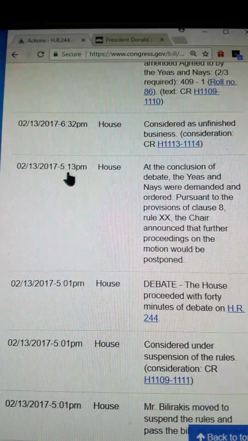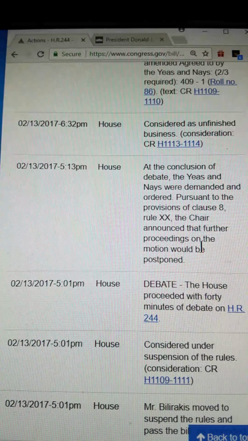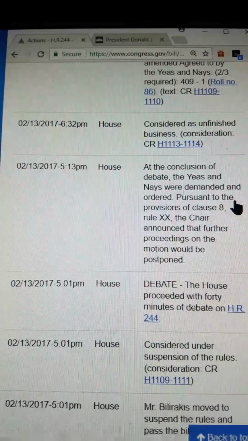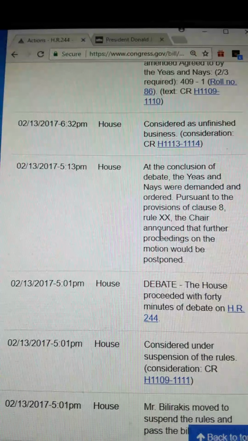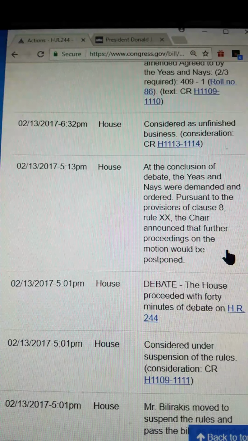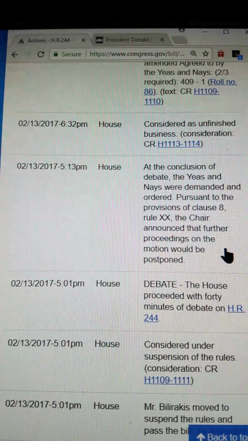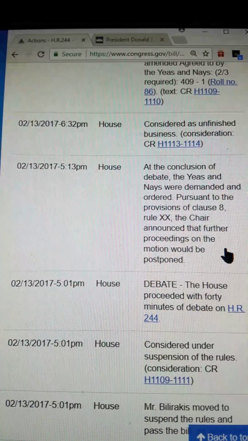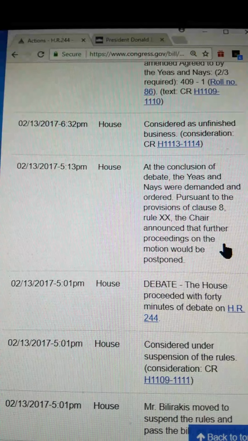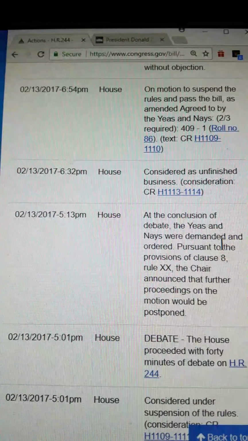You see, on the 13th, at the conclusion of the debate, the yeas and nays were demanded and ordered pursuant to the provisions of Clause 8, Rule 20. The chair announced that further proceedings on the motion would be postponed. So they didn't give our elected officials what they asked for. And they wanted to know who voted for this. They had a right to know this, but